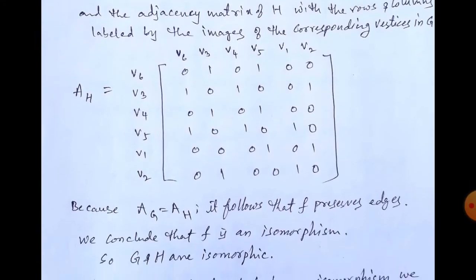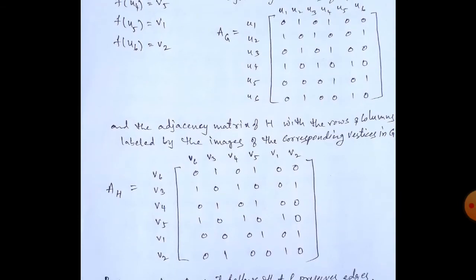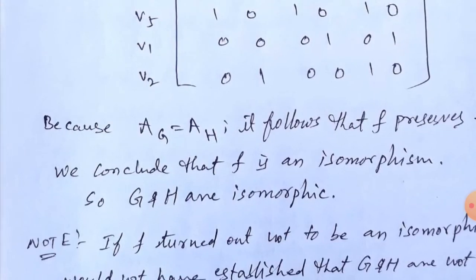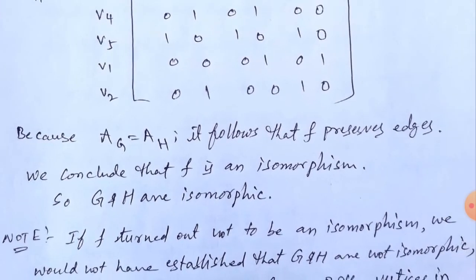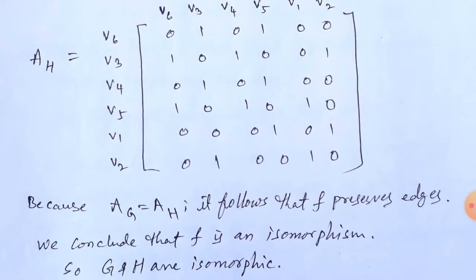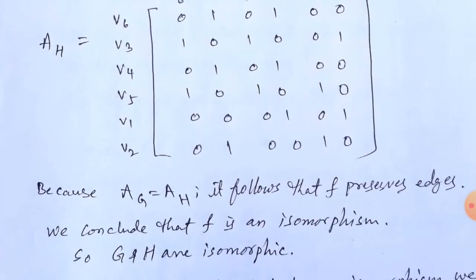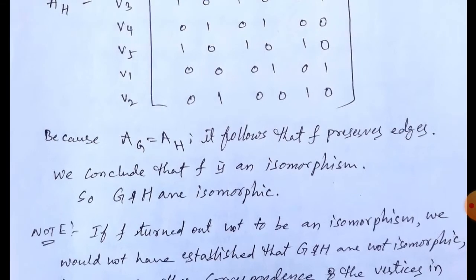Now observe these two matrices AG and AH. Okay, so now these two matrices are same. Observe now AG and AH are same, it follows that F preserves the adjacency. Okay, we can conclude that F is an isomorphism. If this AG and AH are not same, means the adjacency property is not satisfied under F. That means they are not isomorphic. Now in this example they are matching, so the matrices are equal. So that's why we conclude here F